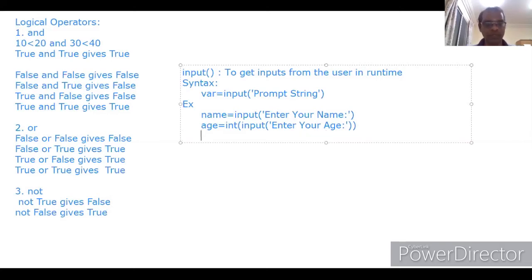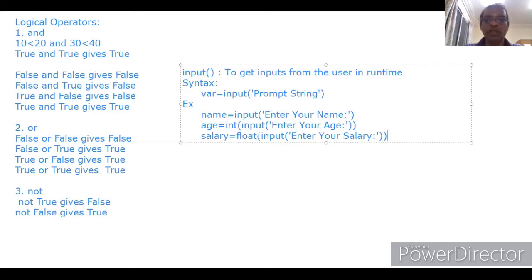Then next thing, salary equal to float, then input, "Enter your salary". Here we are going to type 5000.50. That 5000.50 is a float value with decimal places.